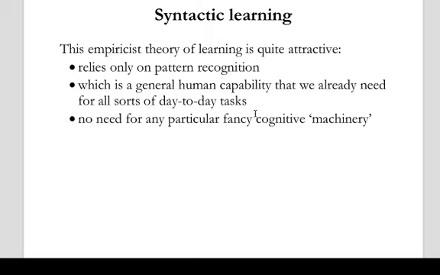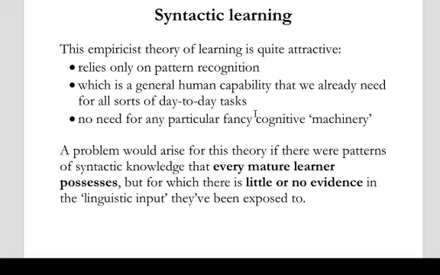And that's great. And there's also no need here for any particularly fancy cognitive machinery at all. It's just the ability to track things that go together and things that don't go together. So this is a beautiful, simple, nice theory of how you can get from an infant that knows nothing about syntax to really pretty subtle and fine-grained judgments that reflect how children learn constituent structure. So this is beautiful. This would be a problem, though, if we could show for sure, if we learned that